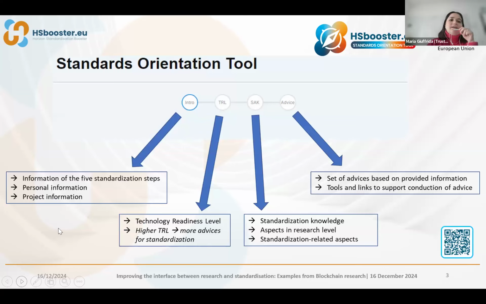So one of the tools that we had is called the standardization orientation tool, and here I have to acknowledge the great support that René made to this tool because he was also one of the experts in our pool. So this is a very quick and easy to fill in online resource that you can enter, and if you are representing a project, you just give general information about the project, about the technology readiness level of the project, and how knowledgeable you are already about standardization. And based on these initial elements, the tool gives back a set of guidelines and advice on how you can move your first steps and where are other useful links and resources that you can take advantage of to